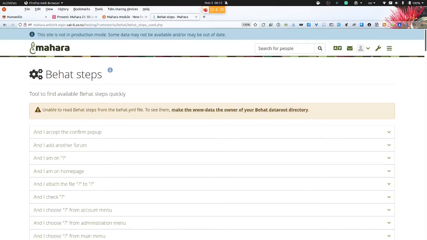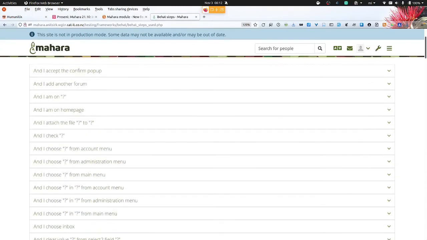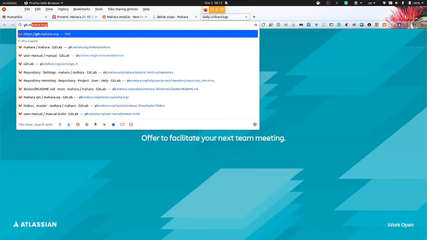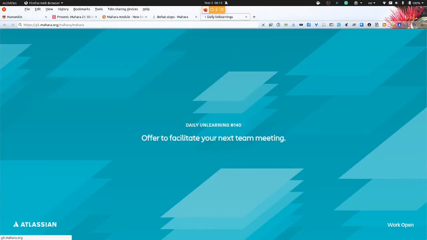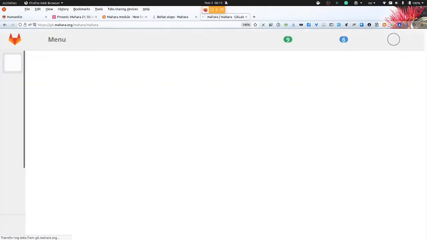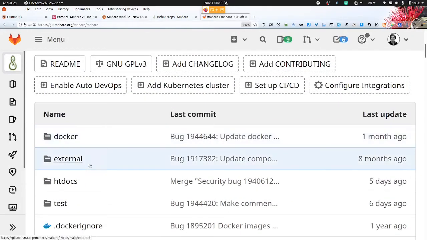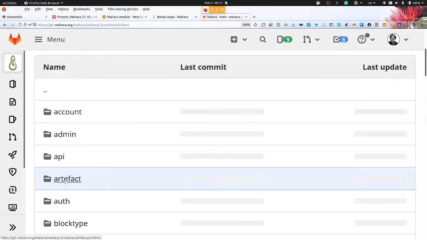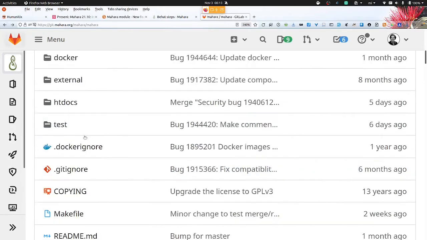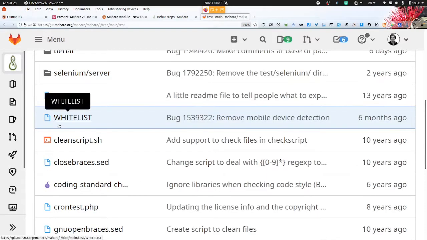So Behat is our automation test suite, which makes it possible for you to automatically test things in Mahara without you needing to sit there and run through all those test scripts. So what do I mean with that? Let me show you an example. And all of those test scripts are available directly in the code base, so you can go to them and even read them. So what I wanted to show you is just what some of those tests can look like.